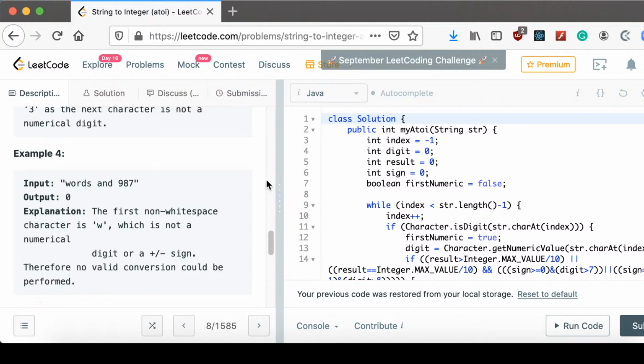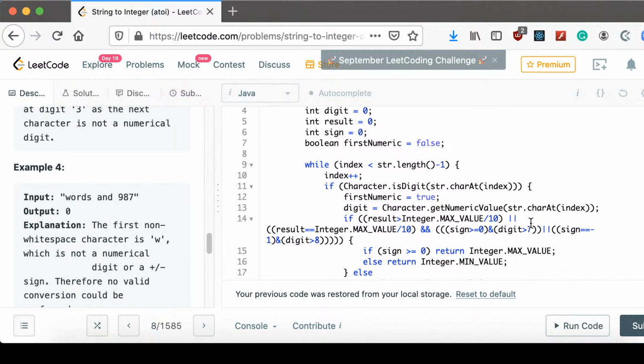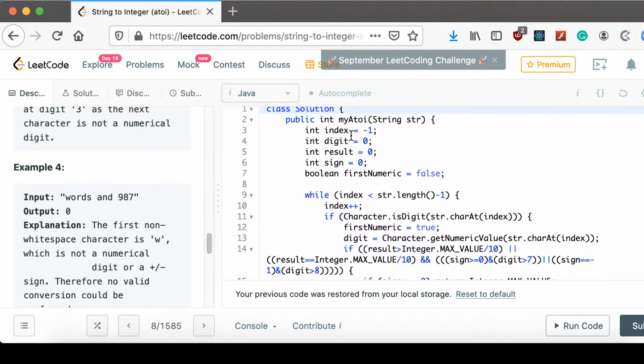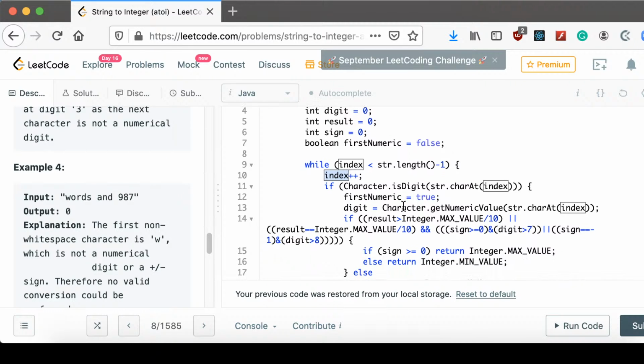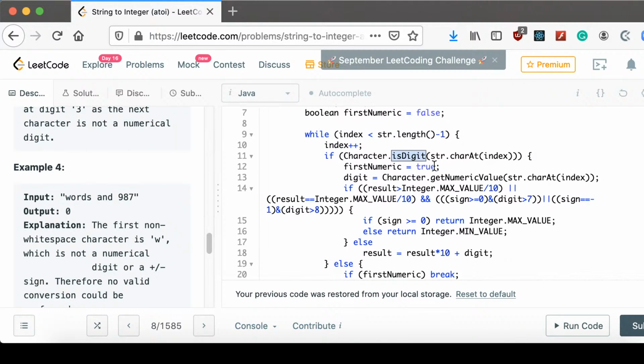So in this solution, I did a while loop to go from the first character in the string until the end of the string, and I check whether it is a digit or not. If it is a digit, I have to calculate which one it is. And